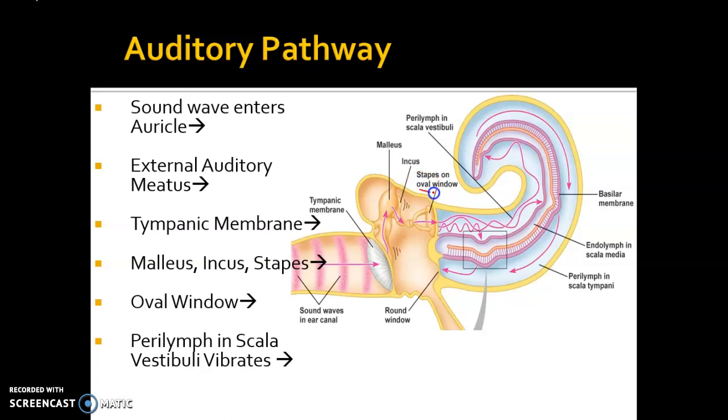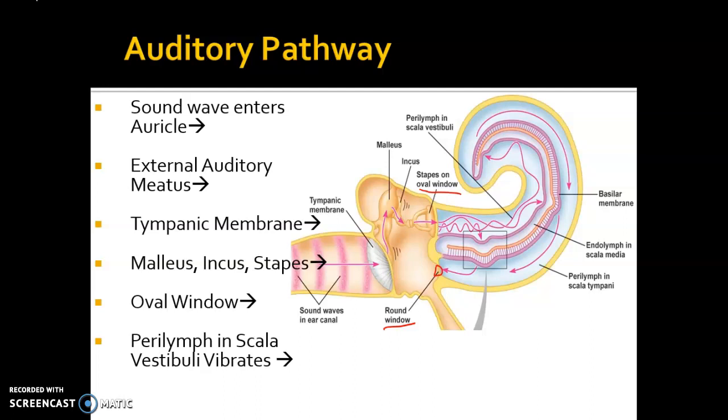So this is the stapes on the oval window, and right here, this point is the round window. So which way does the sound wave travel? Well, everything is shown by the pink arrows, and we will follow the pink arrows here. Now, the first sound waves enter the ear via the external auditory meatus or the ear canal, shown by the